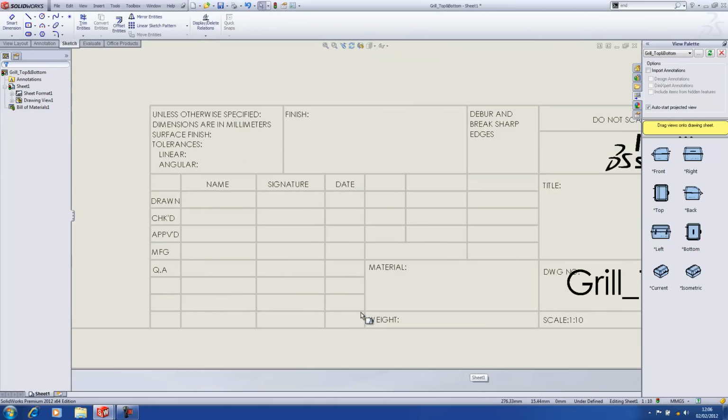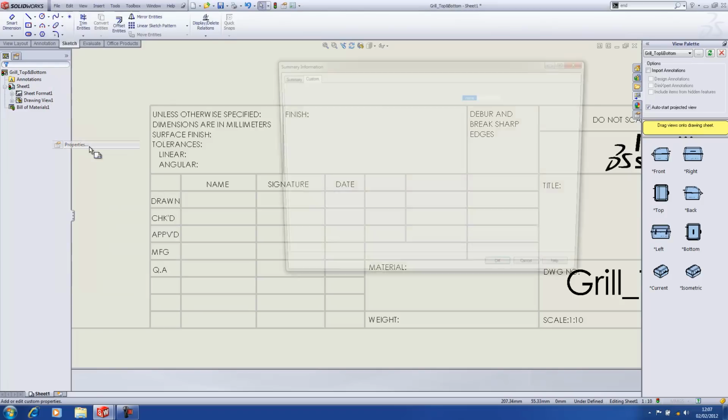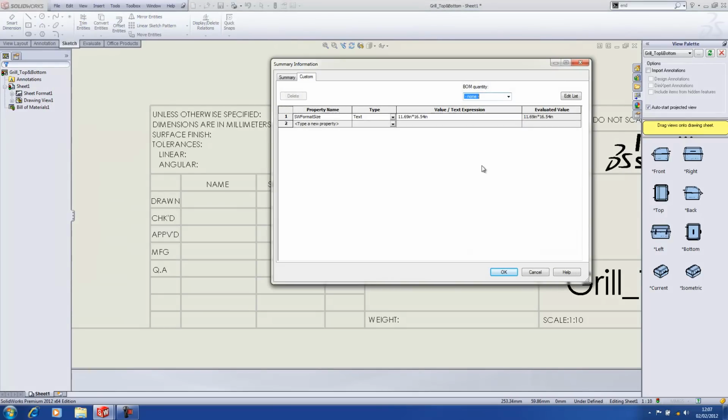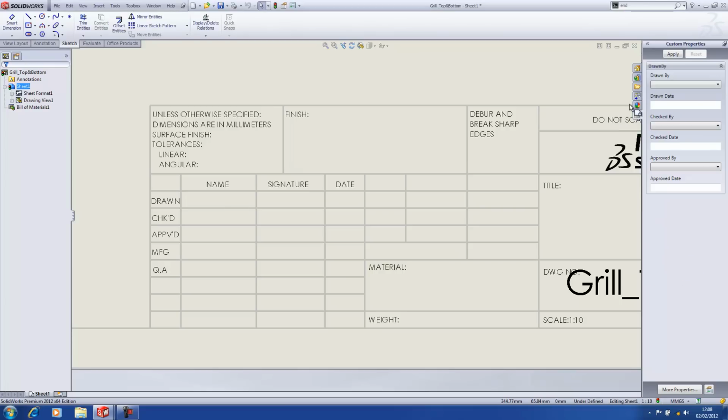The last thing that we're going to do is fill out this title block. So normally when you fill out a title block, you'll go to File Properties, you'll have a preset list of properties here, and you'll just type in the values you want. That will then populate link notes on the border to show those values. Another way to do this is to use something called the Property Tab Builder, which is available on the task pane here. Now what this will do is allow you to set up a template where you can type in